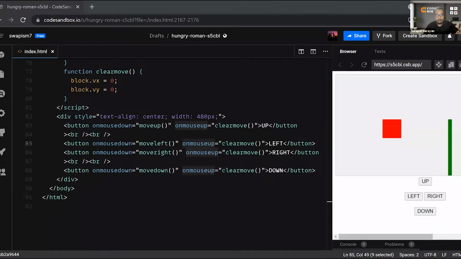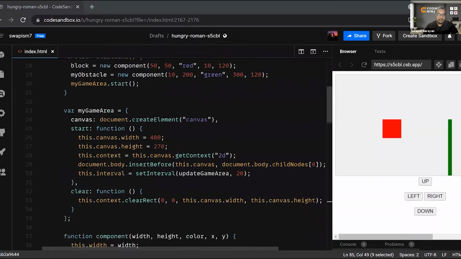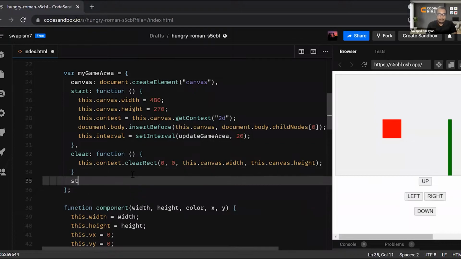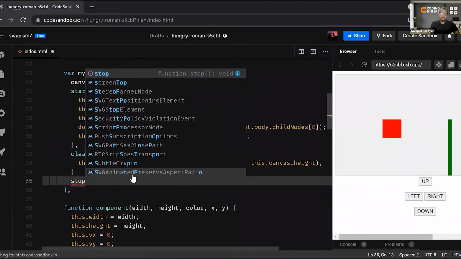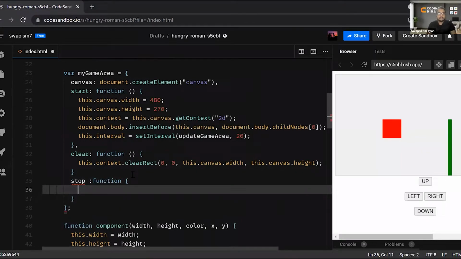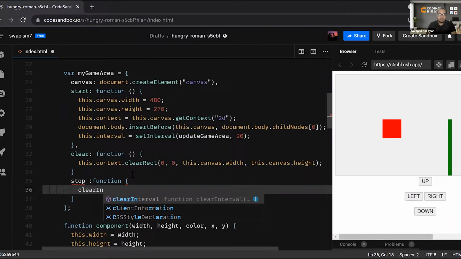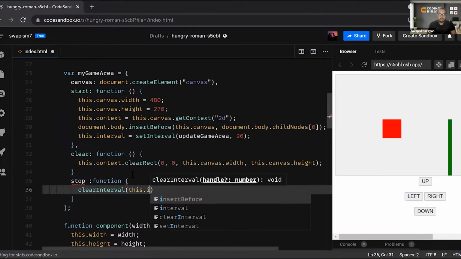Let me help you guys with that. Inside over here, apart from clear, I will make stop. When will this one stop? When this function will be triggered. And what is this function? This function is nothing but clear interval, and this dot interval.